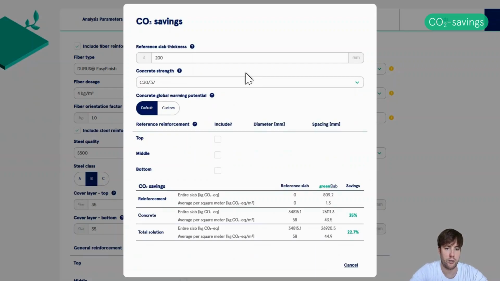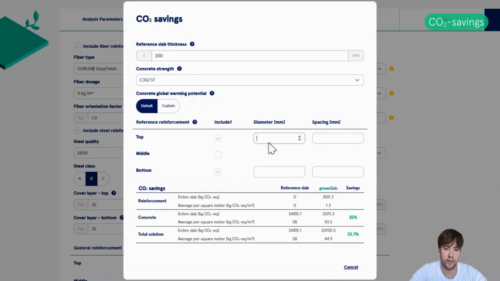So I'll actually say 200mm here. We keep the same concrete strength, and well, actually I will choose a mesh here. Let's say that the reference design was a design with 10mm per 150 in both top and bottom.